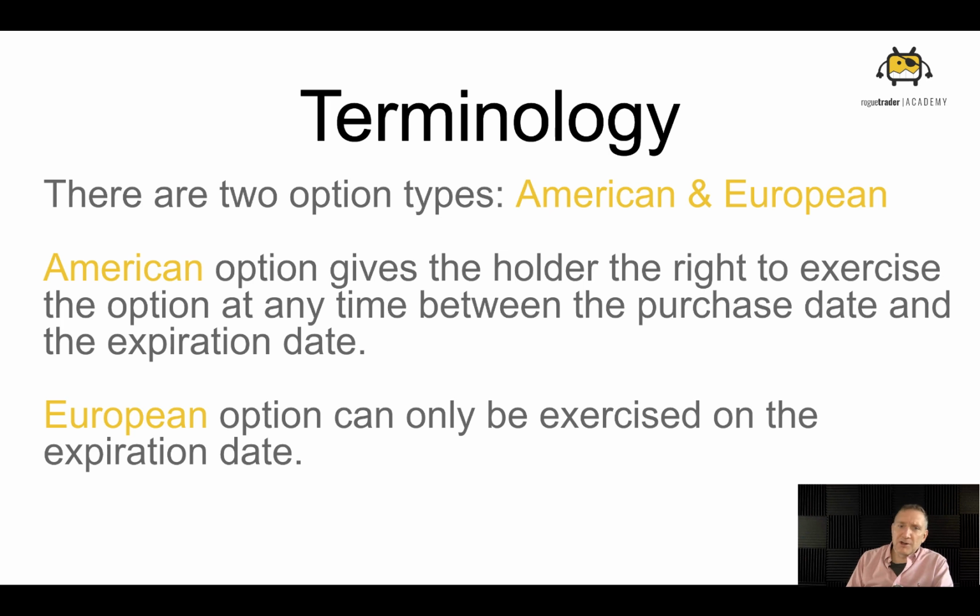In the past, way in the past, American exchanges used to do American-style options, and European exchanges, European options. That's how they got their names. But now, it doesn't really matter. It just refers to the style. You'll find that you'll get both types all around the world, on different types of exchanges and different types of assets, okay?